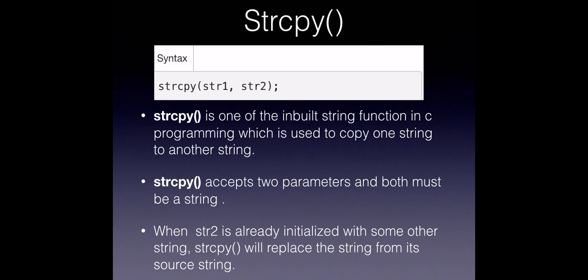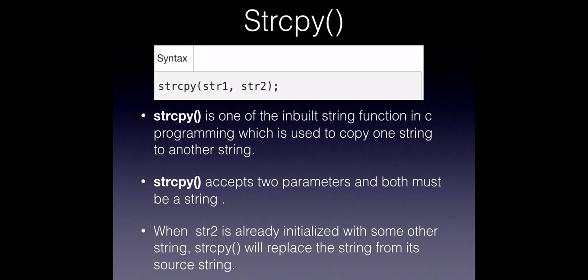So the next function is strstr. It's also found under the string.h library. The syntax is strstr of string 1 and string 2, where string 1 and string 2 are nothing but string variables. It's used to find if a particular string is present in some other string or not, and if it's not, it returns a null character.